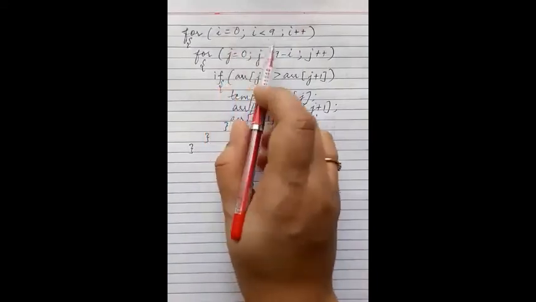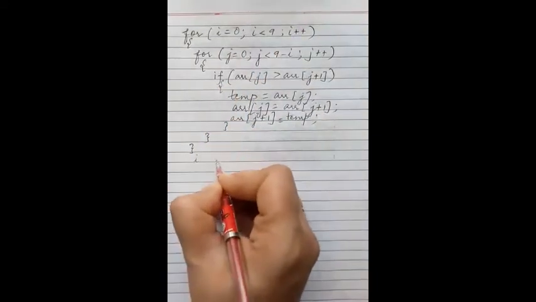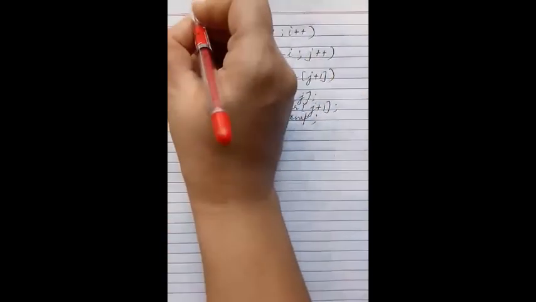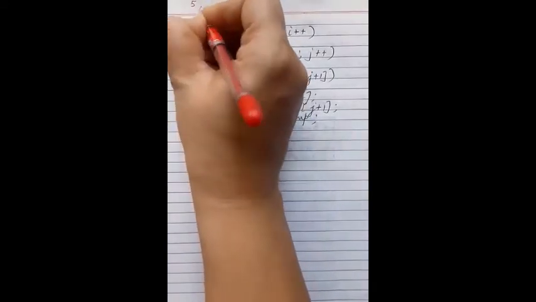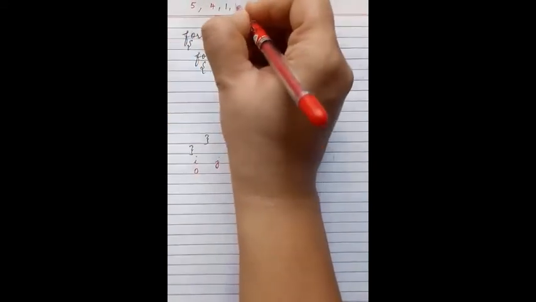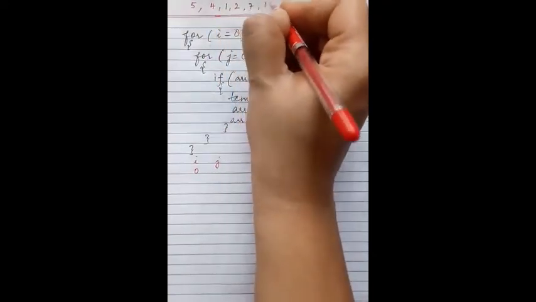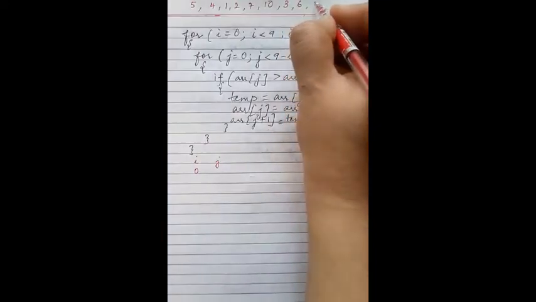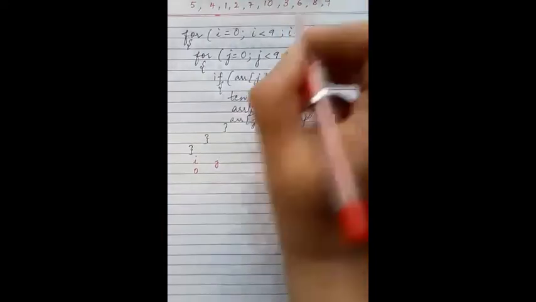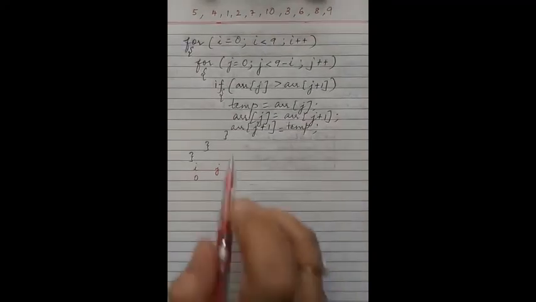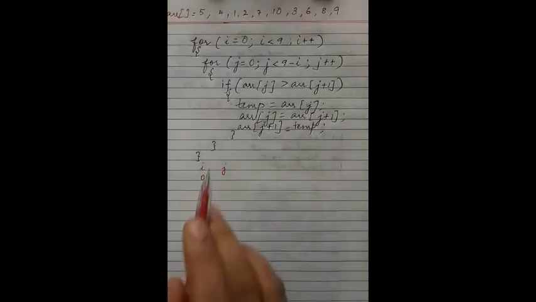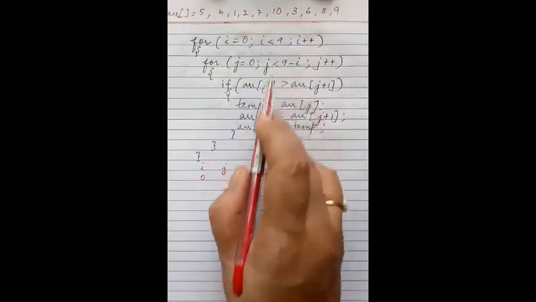Okay. Now this i loop, I am writing it here. i, j. I am doing the dry run. When i equals 0, is it less than 9? Yes. Let me take the elements as, what were the elements which I had taken? 5, 4, 1, 2, 7, 10, 1, 2, 3, 4, 5, 6, 7, 8, then 9, 10. 10 elements I have taken. When i equals 0, these are elements of the array arr. Is it less than 9? Yes, so it will enter the i loop.